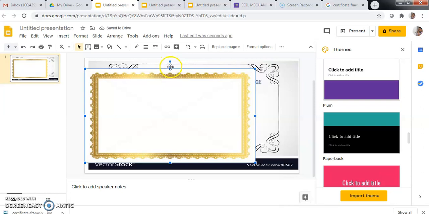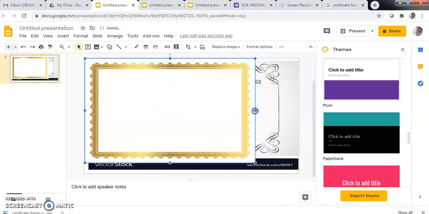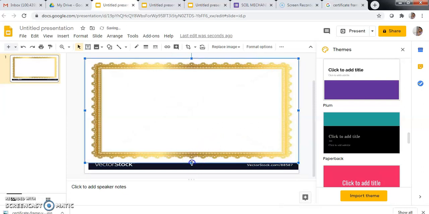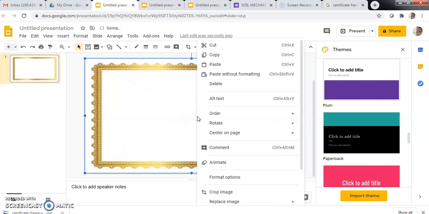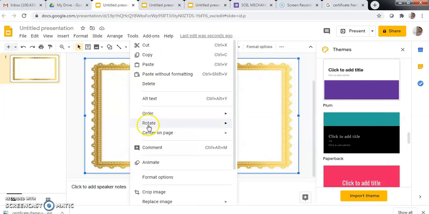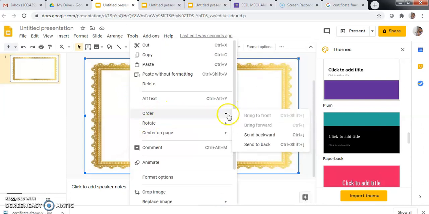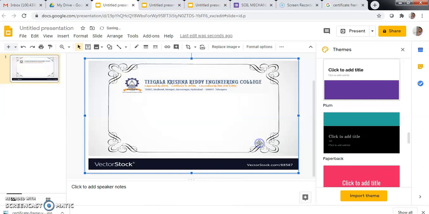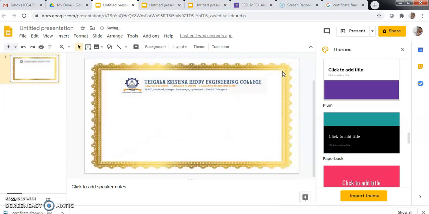Whatever frame you want, you can choose yourself. Okay, this is my frame. I want to go back, choose the order option, right click, choose order option and send to back. Okay, why it's coming like this is because I already set the frame, so I have to delete this frame.